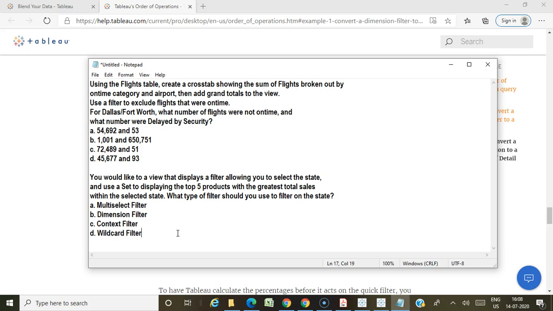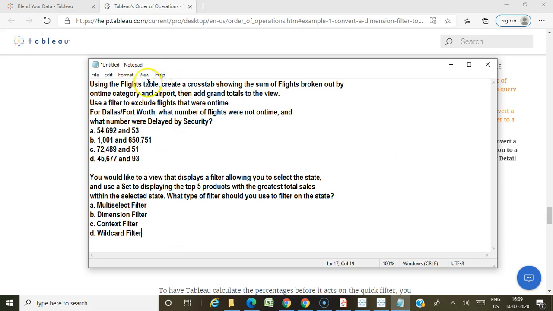And context filter goes well with your top or bottom filters. Remember these 3 points. There will definitely be a theoretical question based on context filter, so read about it.